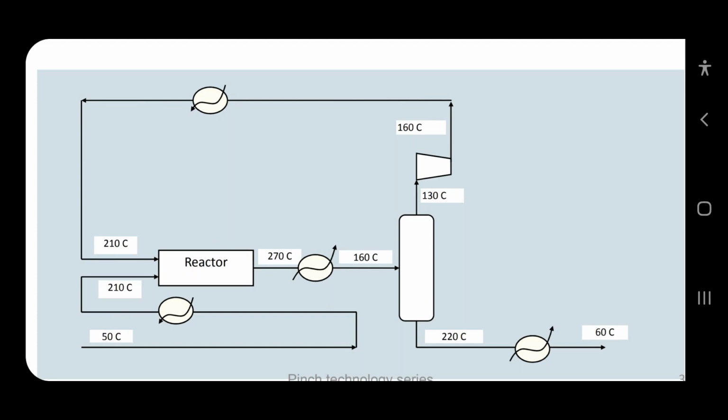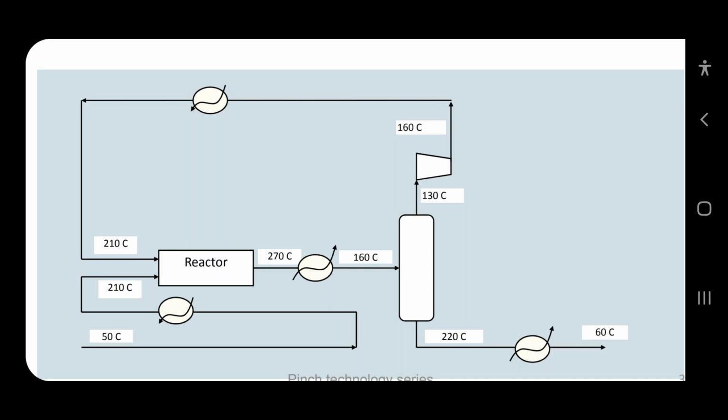Why do they use one heat exchanger over here? Because my compressor outlet temperature is 160 degrees Celsius, and my reactor temperature is again 200 to 220 degrees Celsius. So I want to reach there by use of one heat exchanger, again using steam. So there are two steams, then cooled water, then the reboiler condition, and from 220 to 60 degrees Celsius there is again one condenser over there.